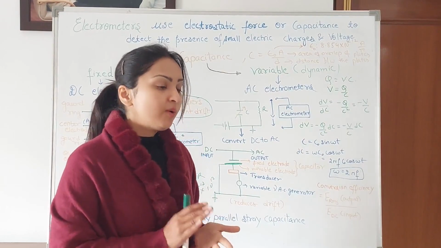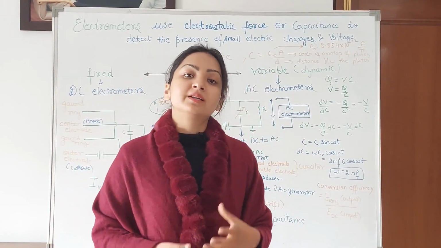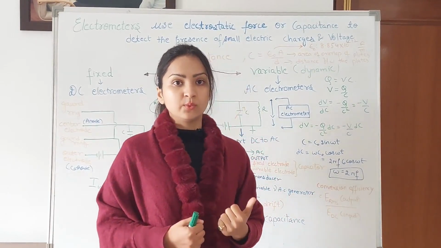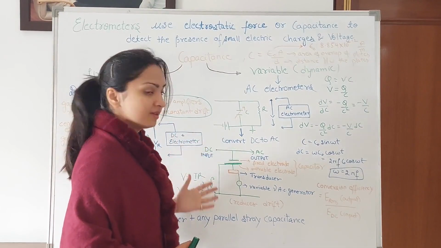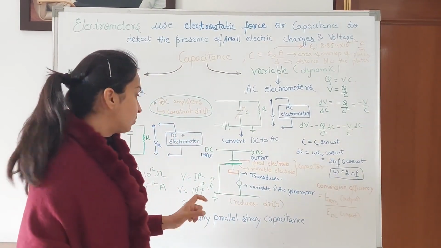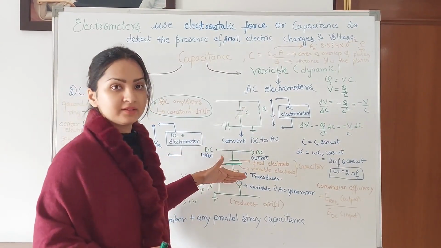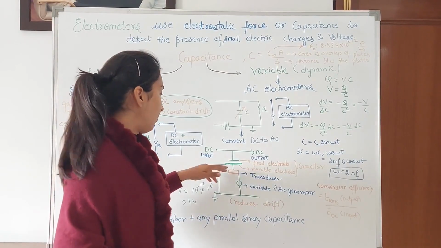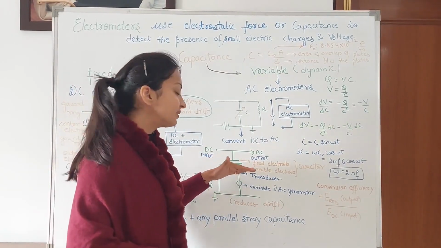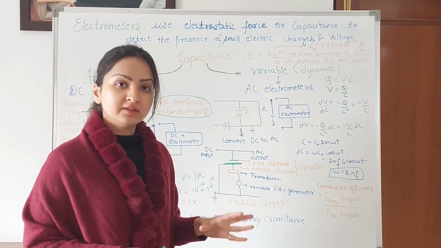So if somehow I'm able to do this, then I can obtain my AC voltage from DC voltage. And how can we do this? A simplified example of this is represented over here. So if you have a DC input here, this is a capacitor. Now this capacitor will comprise two electrodes. One is fixed, and to this fixed electrode you will be applying your DC voltage or current